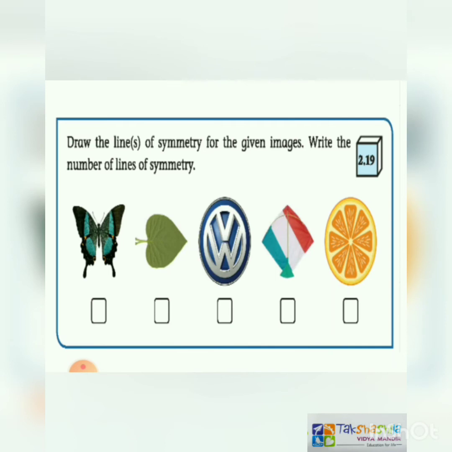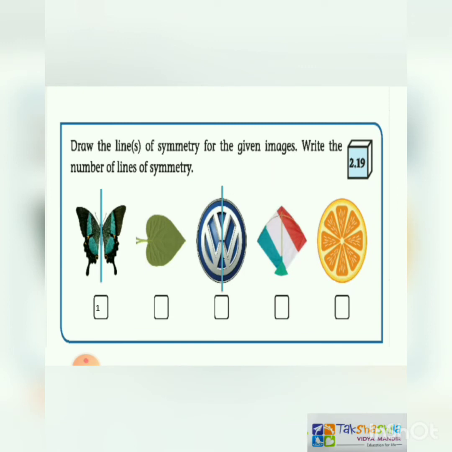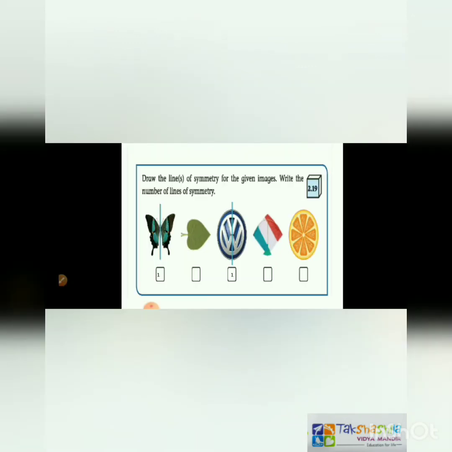See the first one. One butterfly image has been given for you. How can I divide this butterfly into equal halves? Yes, like this I can use the line. So I am going to do the third image now. It is a circle image, so we should write that it has infinite lines of symmetry. Inside, some alphabet letters have been given for you, W and V, right? So I am using only one line of symmetry, because if you use other lines of symmetry, you will not get equal halves. Only one line of symmetry, and for the third image also only one line of symmetry, and you have to complete the remaining images also.